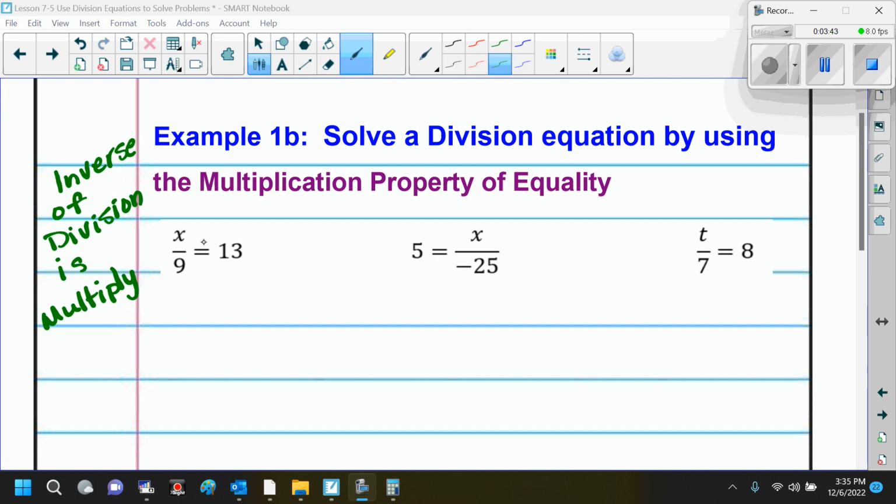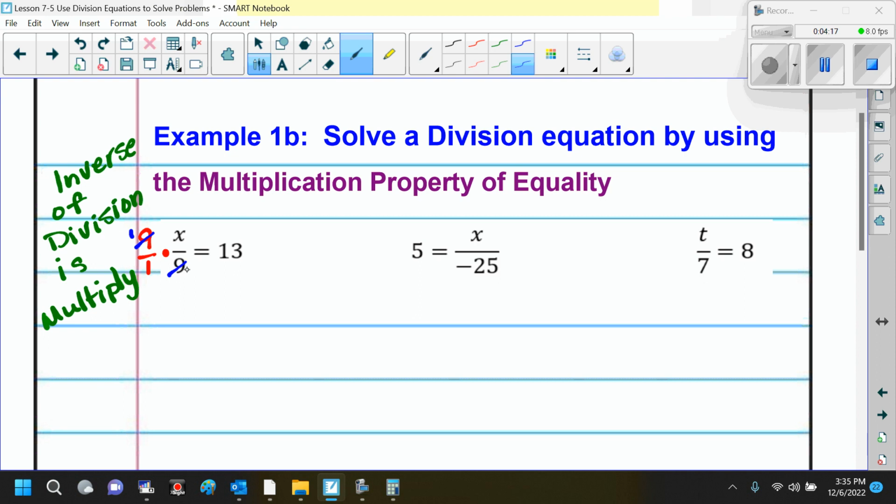So, when we use our cover-up method, here we're going to cover up the x, which tells us that we want to get rid of the 9. Okay, we want to get that 9 out of there. So that means, because this is a division problem, we're going to multiply times 9. Now, this is how we're going to show our multiplication. We're going to multiply times 9. If you feel comfortable, if you need to, you can just put that over 1. So here you can see those 9s simplify